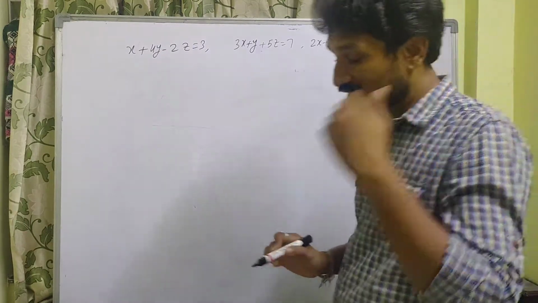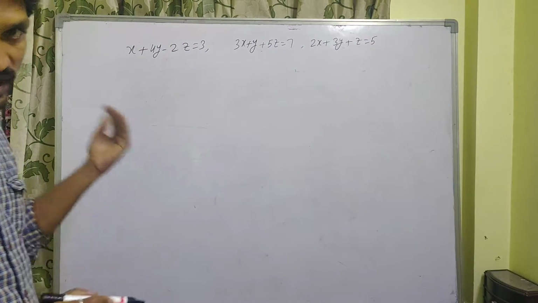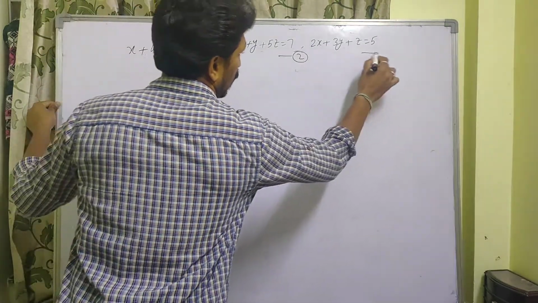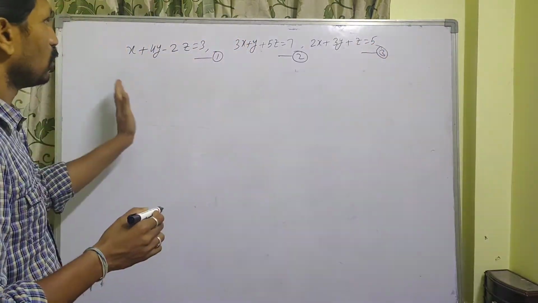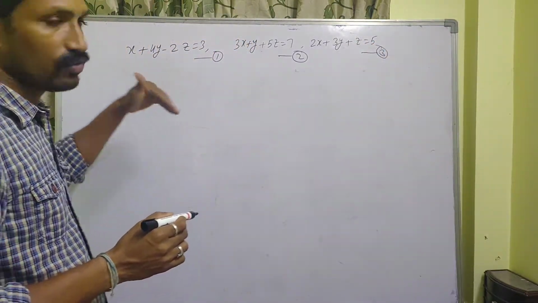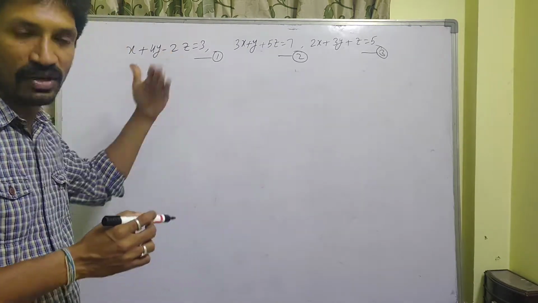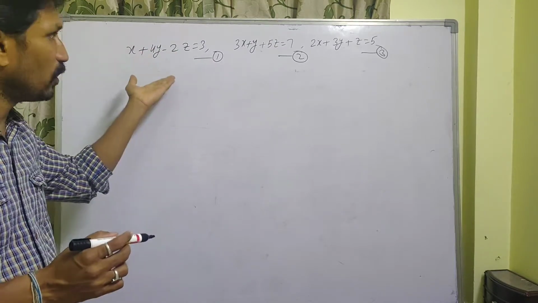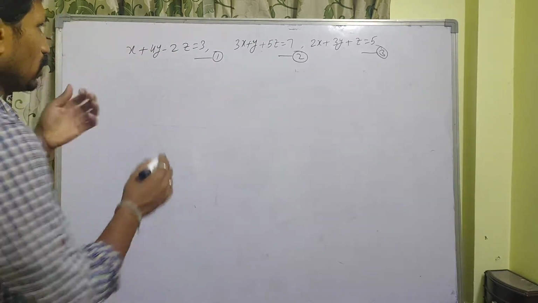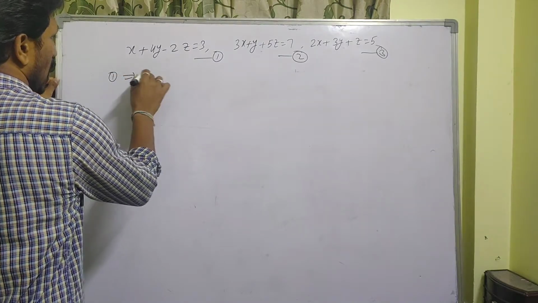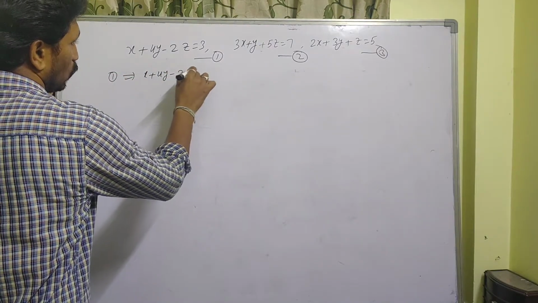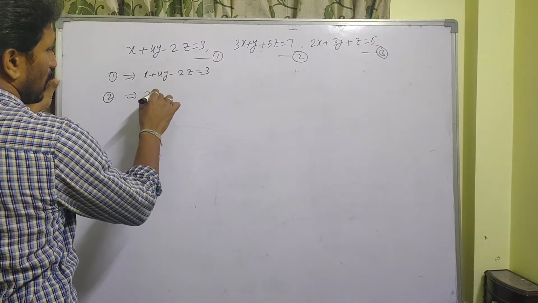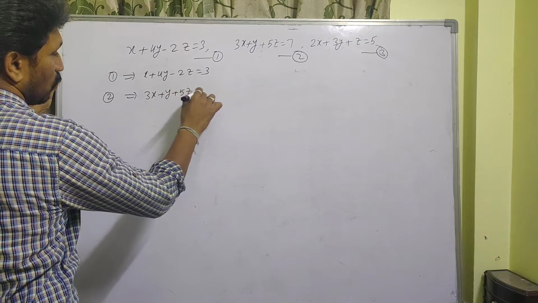Okay. So yesterday I explained this problem also by using Echelon form. Now you go for the shortcut method. First equation take, this is the second equation, this is the third equation. If you want to eliminate the variable y, in the previous problem you considered z, so we eliminated z, no problem. Now we can eliminate y. So take the first equation, that is x plus 4y minus 2z is equal to 3. Now the second equation is 3x plus y plus 5z is equal to 7.